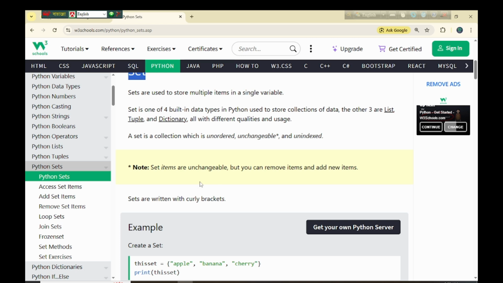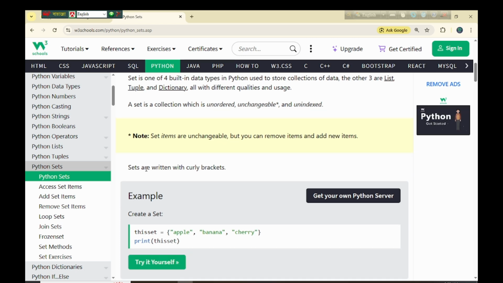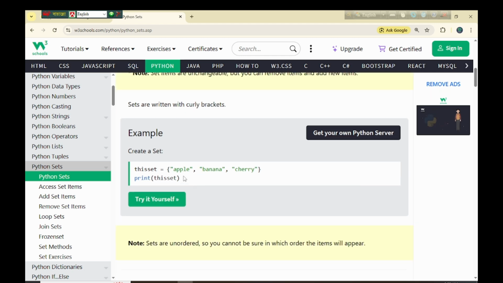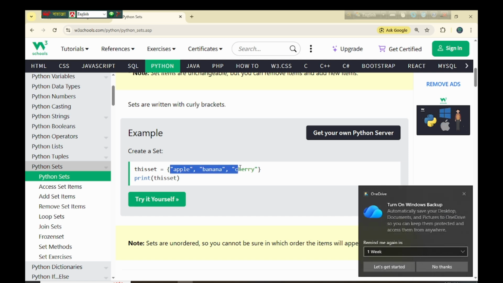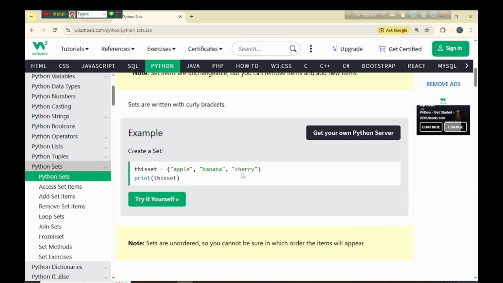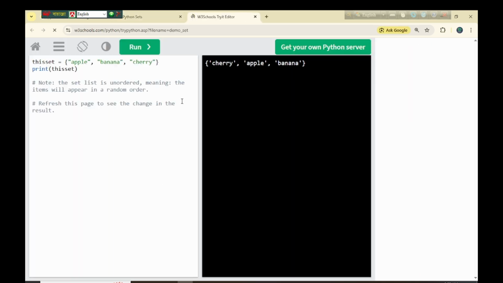Set items are unchangeable, but you can remove items and add new items. Sets are written with curly brackets, like an array in the C programming language. Here is a set: apple, banana, cherry. Print this set. So you can see here,